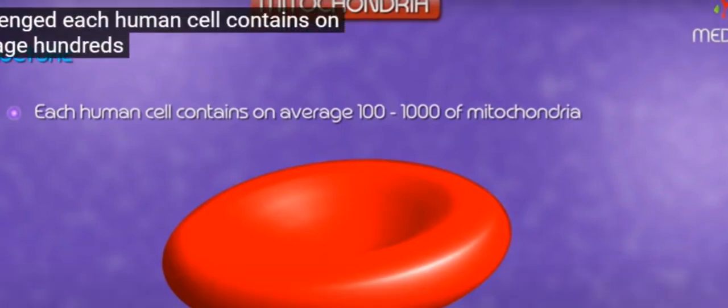You can see here that in the human cell, the human red blood cell, nearly 100 to 1000 mitochondria are present per cell. Okay. You can see at the central region there is a notch-like structure. Here you can see the constriction. It seems that there is no nucleus present in the cytoplasm of this RBC, meaning red blood cell.